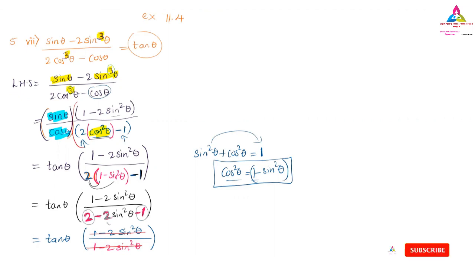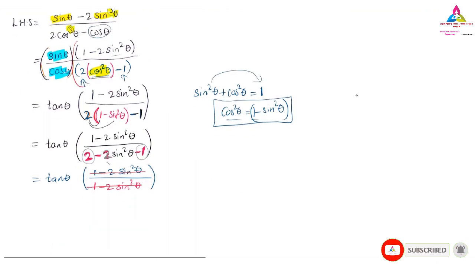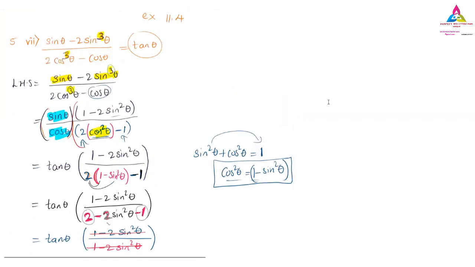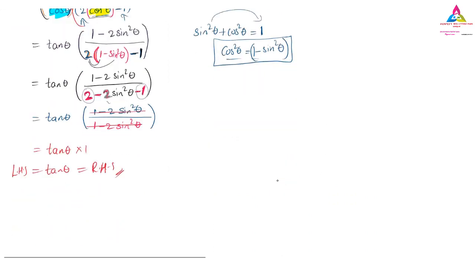The left hand side is nothing but tan theta into 1. Tan theta into 1 is tan theta itself. The answer will become tan theta into 1, because 1 by 1 is 1, but tan theta into 1 is tan theta only. This is our left hand side, and this is also our right hand side. What we have to prove, that is the proof. Just you see on the top, tan theta only we have to prove, and we have proved successfully tan theta itself.